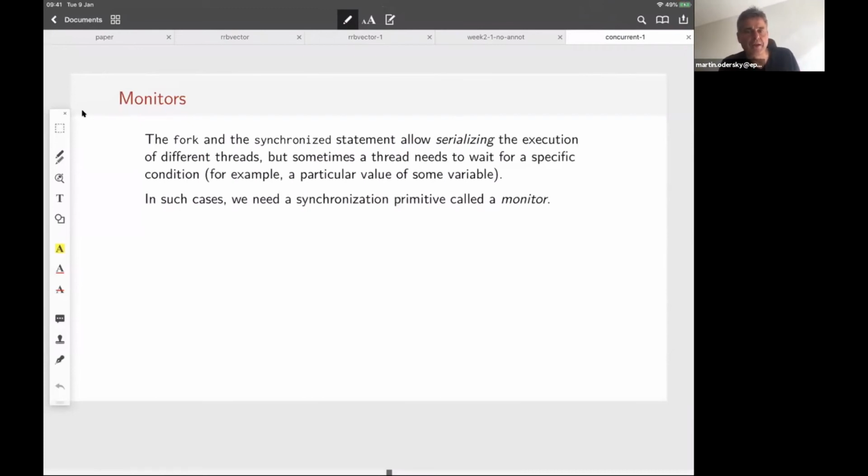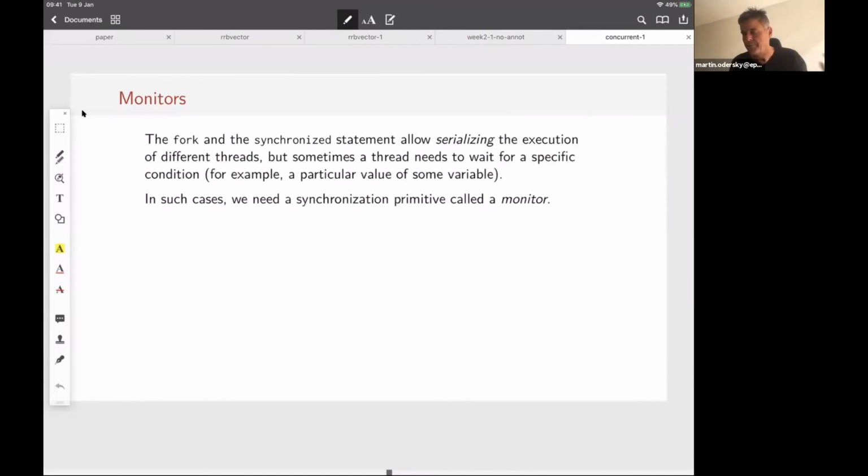Okay, so before the pause, we saw essentially two of the problematic conditions for concurrent programming. One was race conditions, data races, and the other was deadlocks. So what we look at now is we get some more mechanisms to actually control and coordinate threads to avoid these two problems.